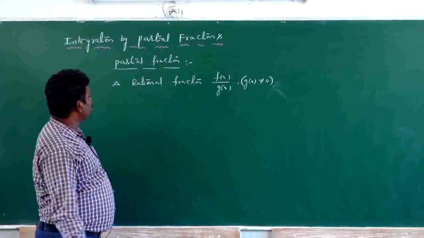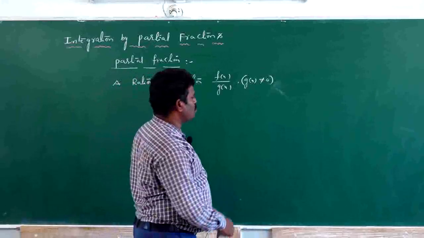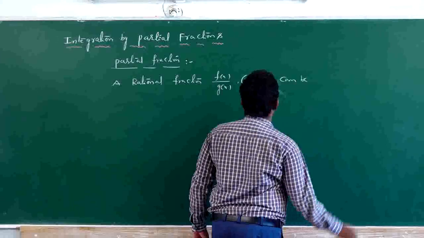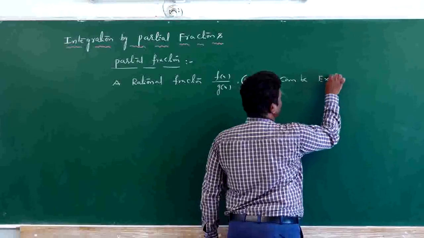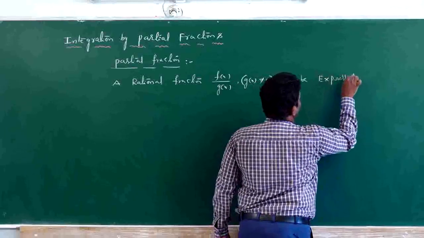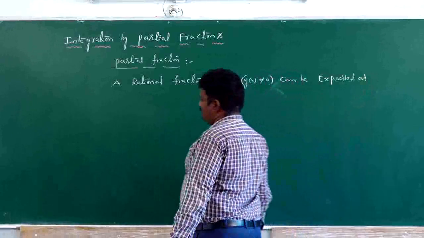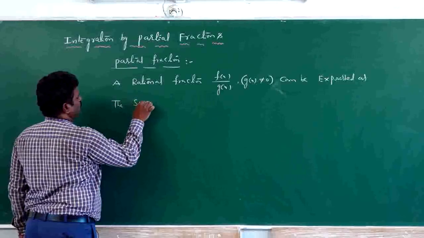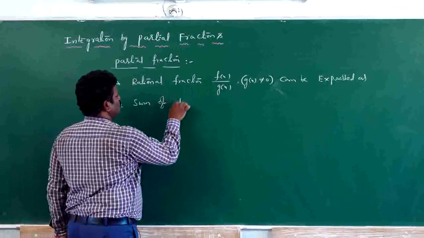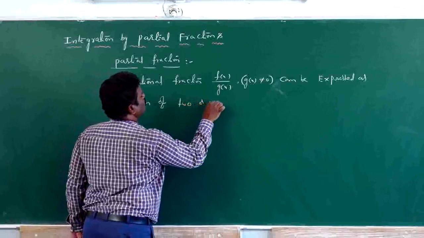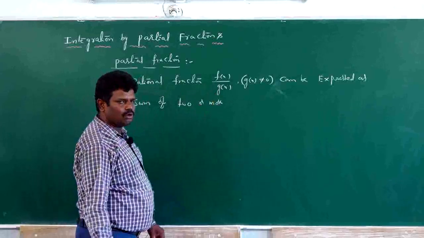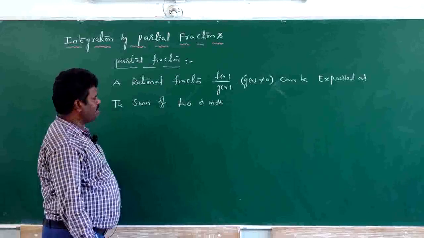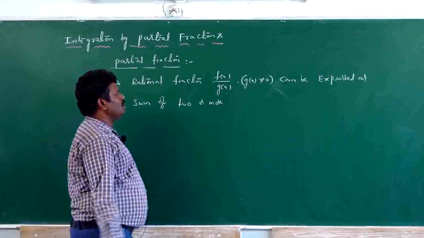A rational fraction f of x by g of x, where g of x is not equal to 0, can be expressed as the sum of two or more